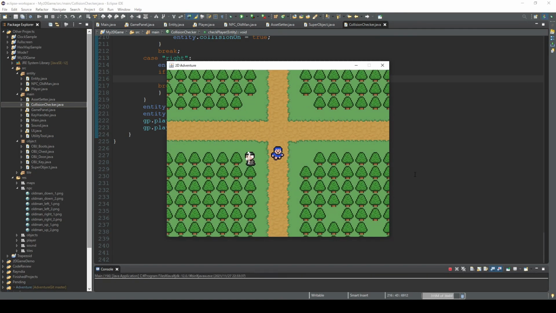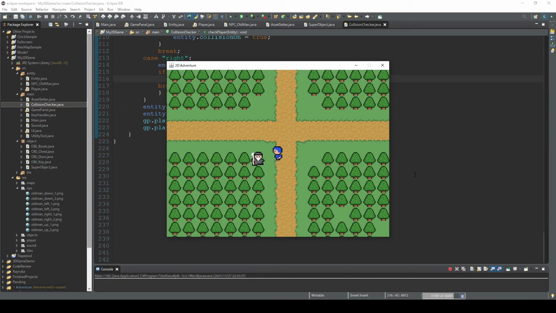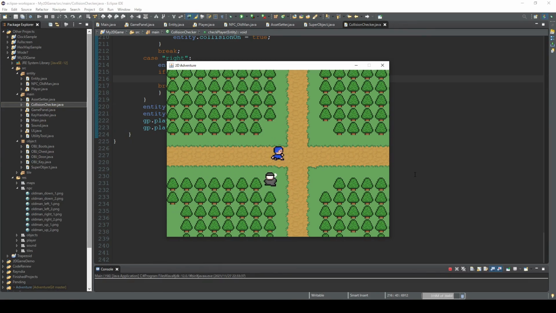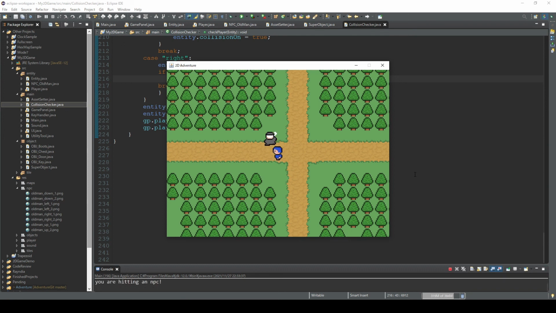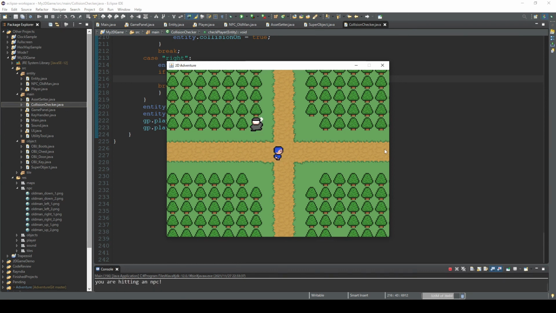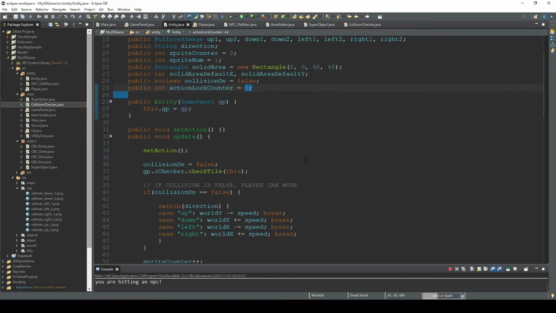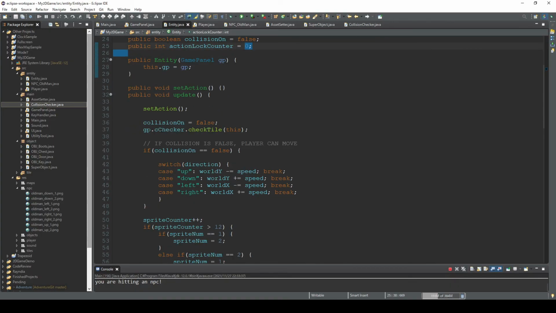Okay, so come on, hit me. Come on, hit me. Come on. Eh? Oh, no, of course. Sorry. We are not checking the collision. So inside of this entity, and update. So after this checking tile, okay,